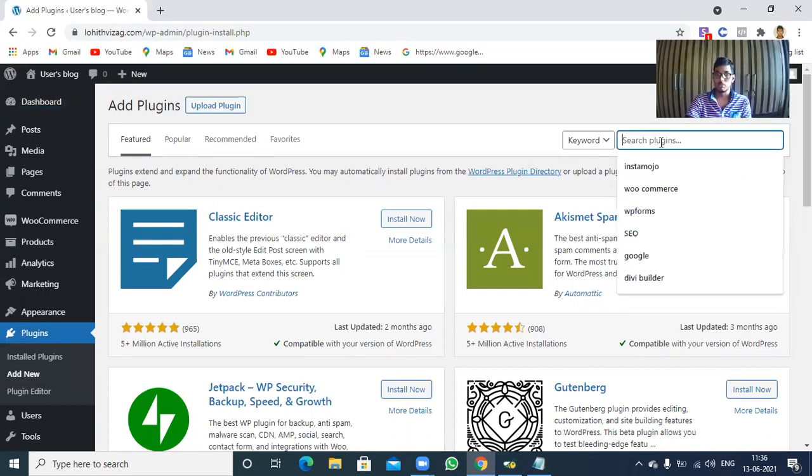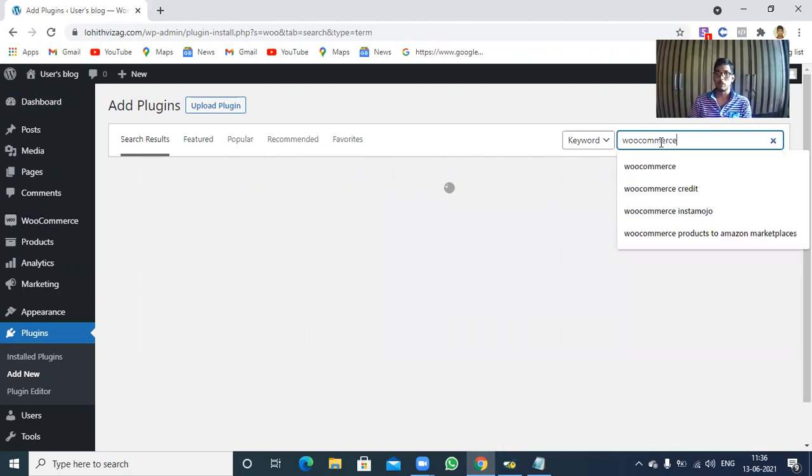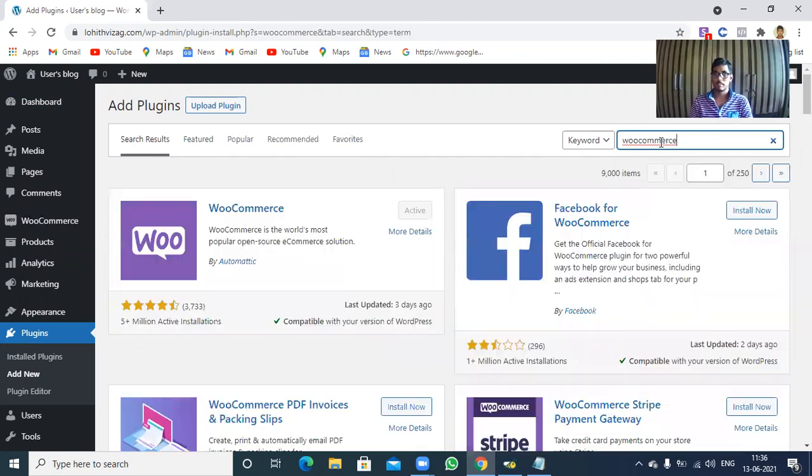Let us click on the search button and search for WooCommerce. This was just the example, as I have already installed WooCommerce.